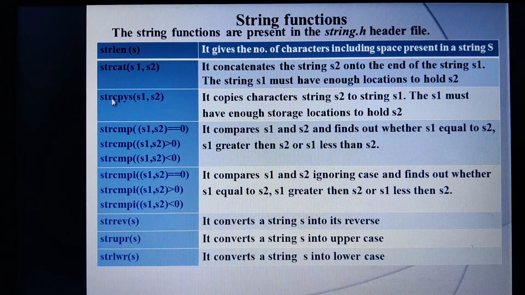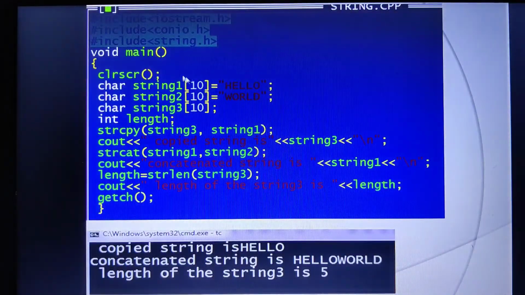When I pass string copy of s1 comma s2, it copies the character string s2 to the string s1. Therefore whatever is there in the s2 content will be copied in the s1. Now I'll explain this with an example so that you can clearly understand.